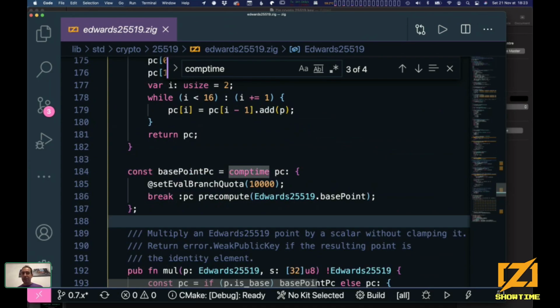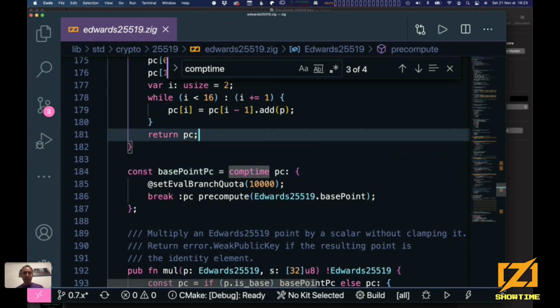We can generate everything at comp time. And you know what? This is the specific thing that made me love Zig. All this 25519 thing is what I started to work on when I discovered Zig. And the file that you're looking at is one of the first things I wrote. And when I found this, wow, you can generate the pre-computation table at compile time. You don't have to hard code everything using a different program. This is amazing. So that's cool. You can pre-compute stuff that way.